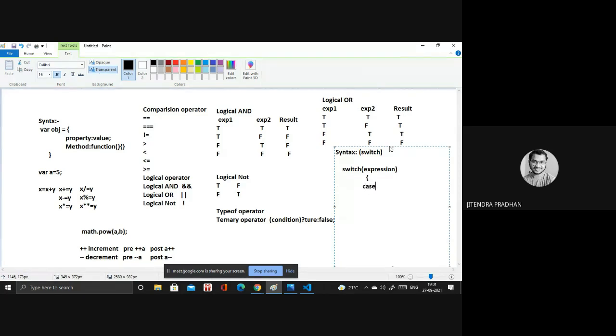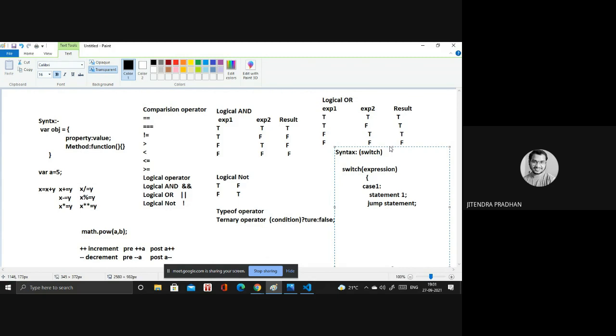In it we have case 1, and below it we write a statement, followed by a jump statement. If you want, you can use break or continue as the jump statement.